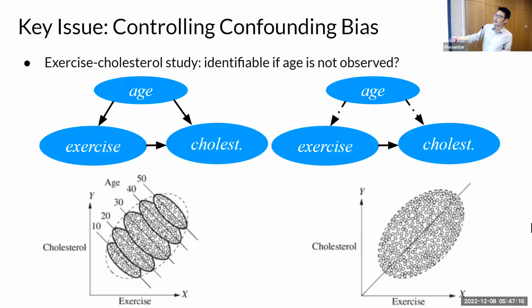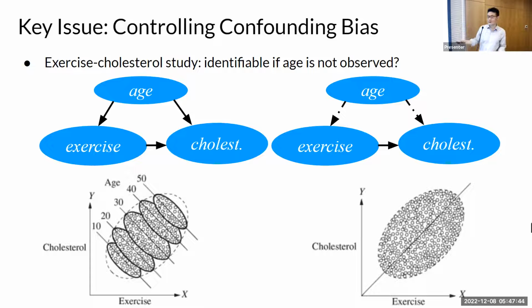So this is another example to illustrate the Simpson paradox. Let me explain it. Here, we are considering exercise and cholesterol. Generally speaking, you can see for each age group, the more exercise you do, the less cholesterol you are going to have on average, right? That's very good. So basically, we should do more exercise. You can see they are negatively correlated. And here, if you consider each of those age groups, it's very clear.